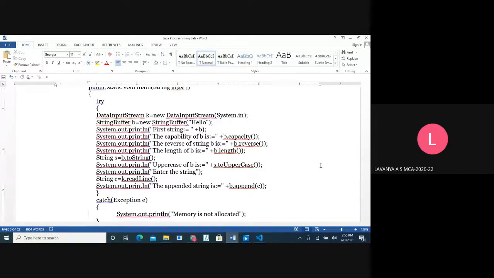Ma'am, Lavanya submitted it, ma'am. Okay, Lavanya, I'll just check. Let others copy. I have given two minutes time. Let them copy. Copied?